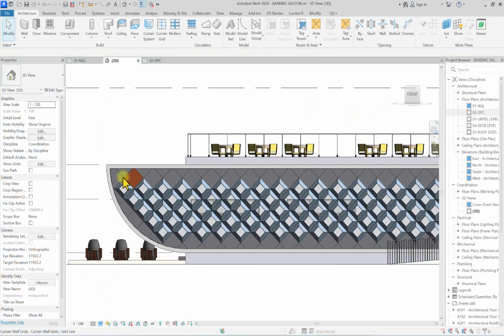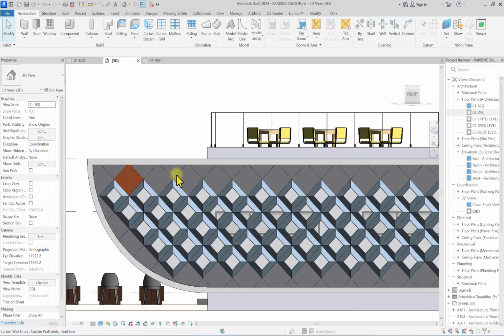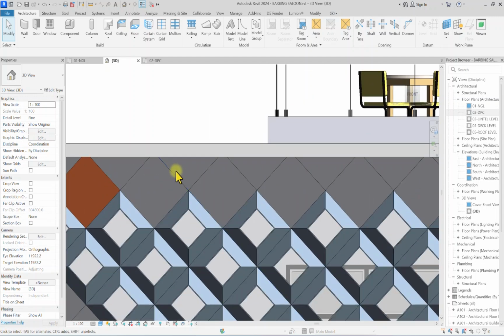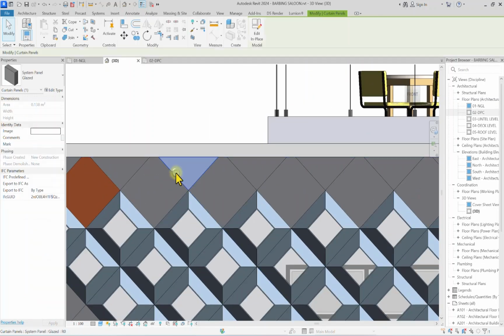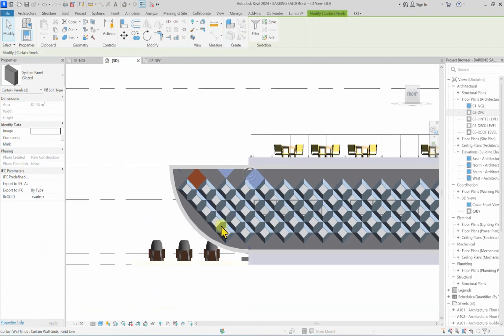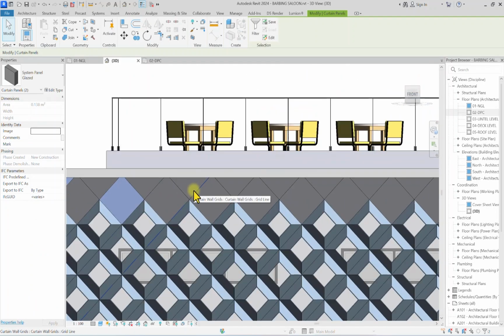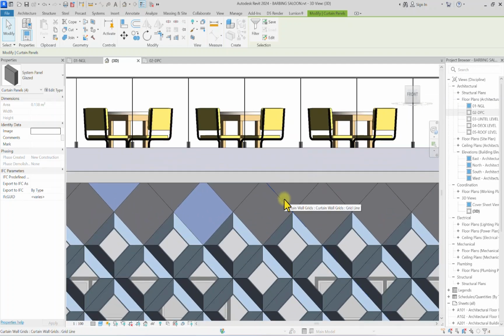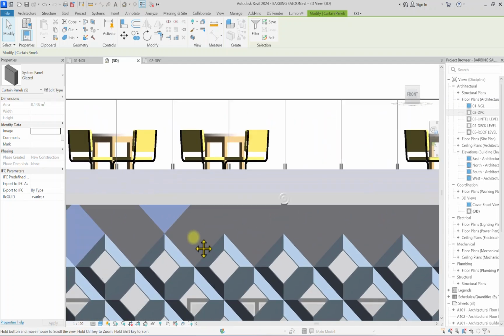So after changing this panel, we're going to click on tab to select some of these other panels here. I'm going to be selecting this one here. I'm going to click on tab, select, hold control, select this, click on tab, hold control, select this, click on tab again, hold control, select this. The same thing,